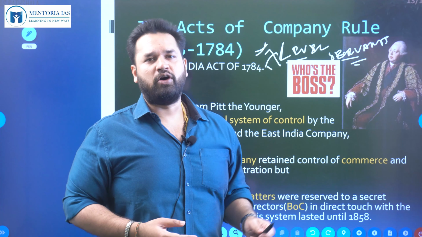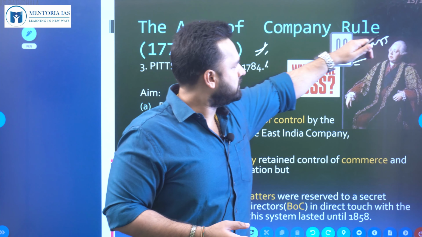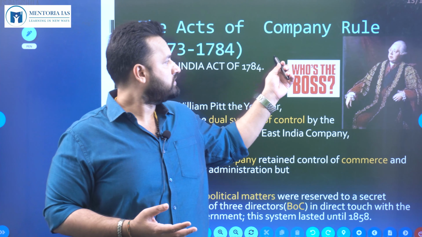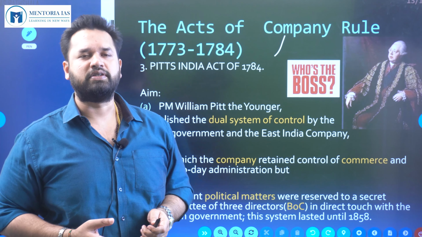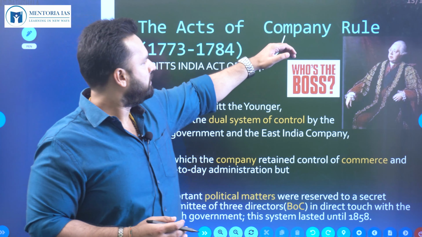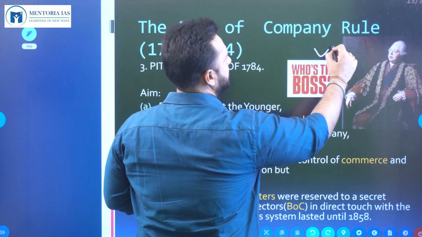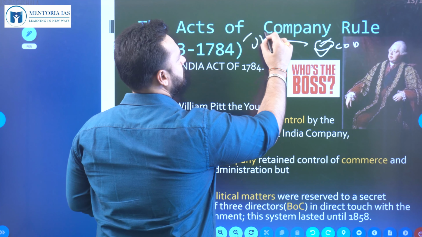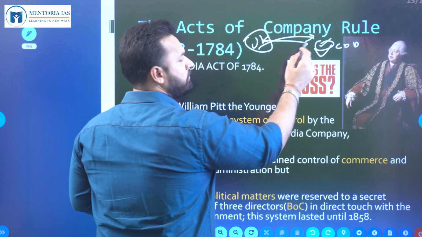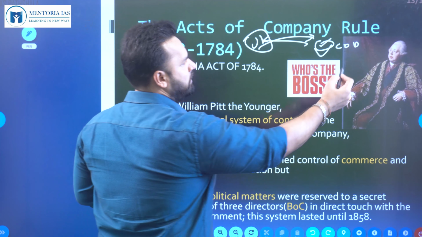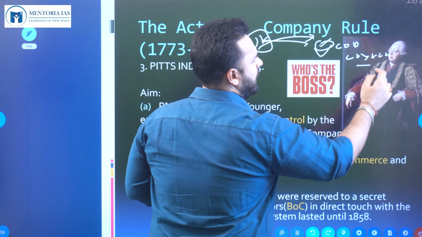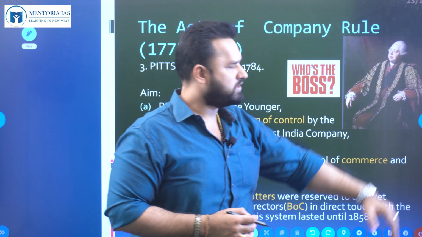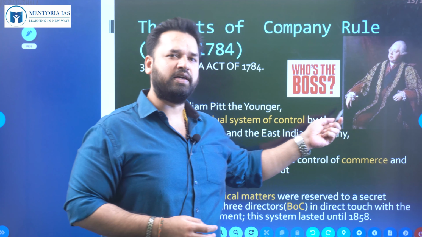And these civil servants are nominated by the court of directors. So once you are nominated by a boss, you will be loyal to that boss. So civil servants are loyal to the court of directors, and not to the laws passed by the British Parliament. Where are the court of directors? Let us say this is India. Court of directors are here. Where is England? It is here. So to control, how can you control through an act? You need loyal people, but loyalty is here. So the Act of Settlement and the Regulating Act failed. To correct this, the Prime Minister said he wanted to show who was the boss.